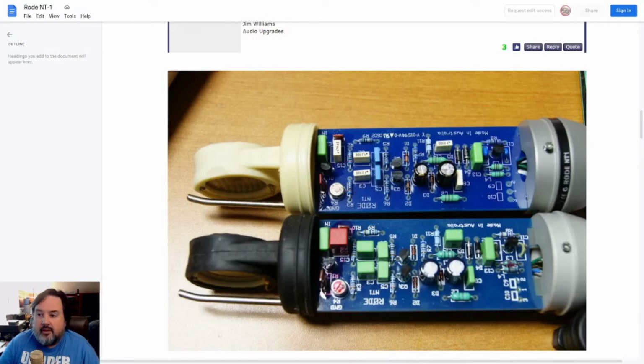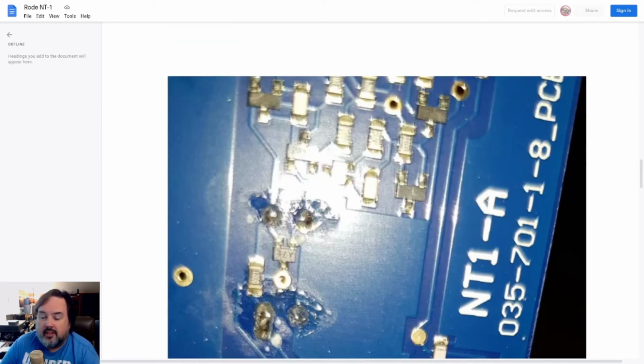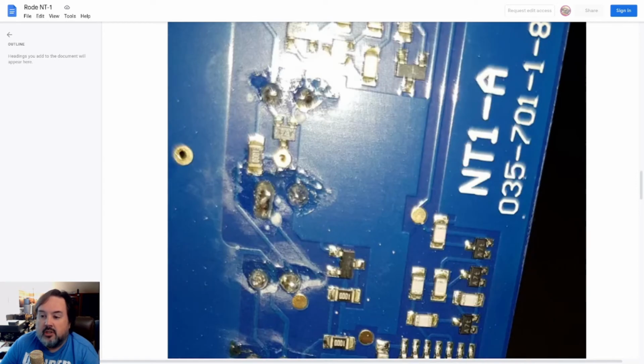But let's go back here, and once I did some further research, I found that the NT1, of course, then changed from this, where these are through hole parts, which means somebody actually had to hold and place and solder these together, to a machine putting it together with SMD, surface mount parts. So this is an NT1A